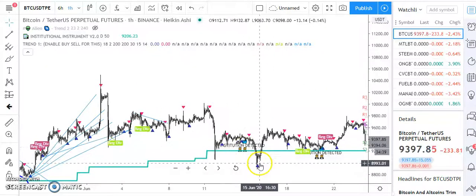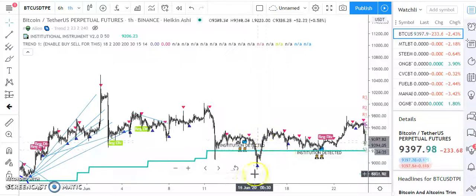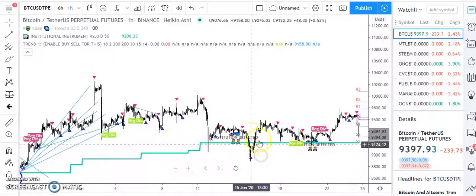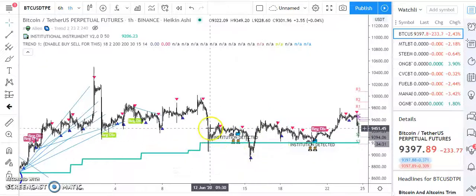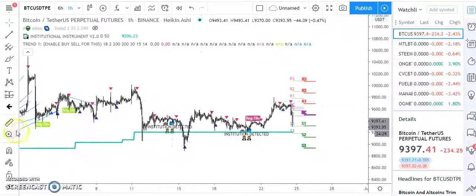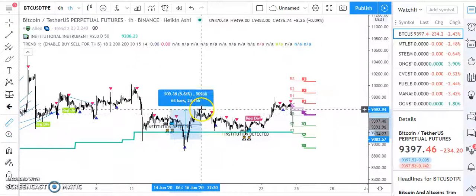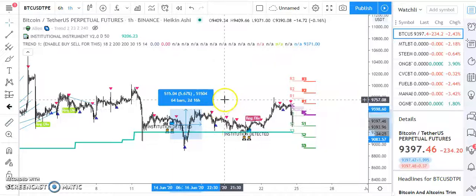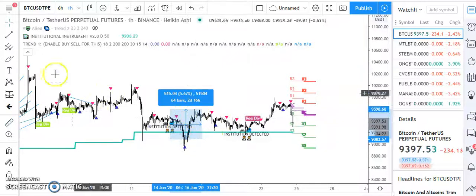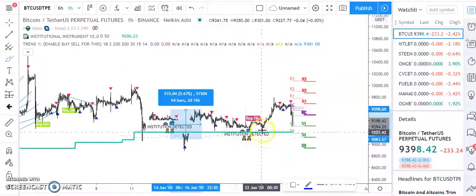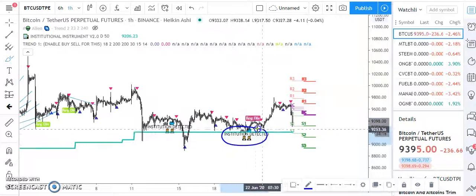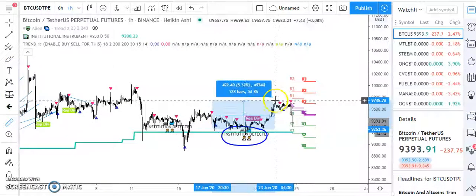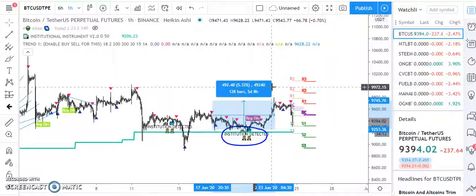So this will give me double confidence that price is going to rise. It's not going to go down, it's going to rise, because people have bought it here. Big whales have bought it here. So what happened after that? Price rose. You can see here price again rose. Now again price came and found a support, but again what happened? Price again rose. So there is no chance that you will lose money if you trade with this particular tool,